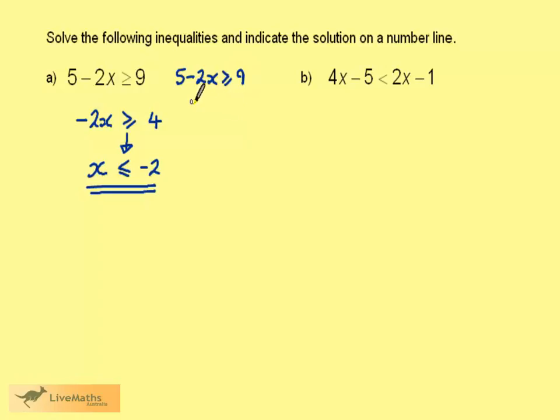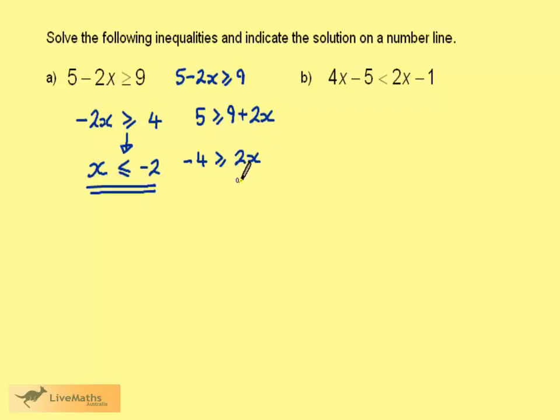Adding 2x to both sides leaves us with 5 on the left and gives us 9 plus 2x on the right. Now subtract 9 from both sides and we get minus 4 is greater than or equal to